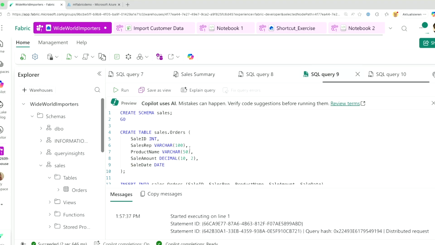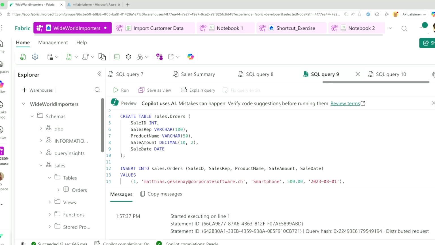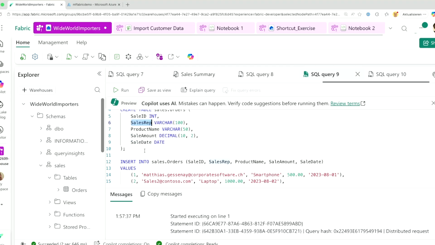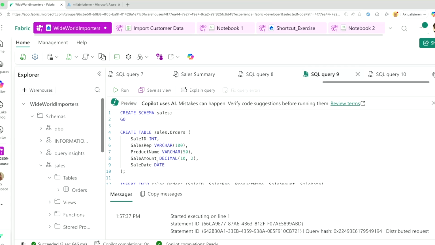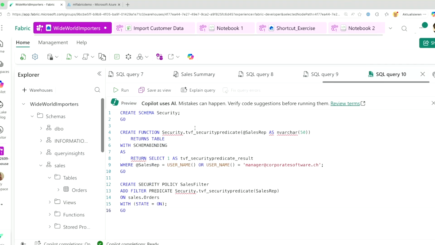Okay, next let's have a look at row level security. So I've created a new schema called sales. I have created a very simple table with sales ID, sales rep, product name, sales amount, and sale date. And I've put my name in some columns as a sales rep and sales2@contoso.com in other columns. I've already created the table. And next, let's